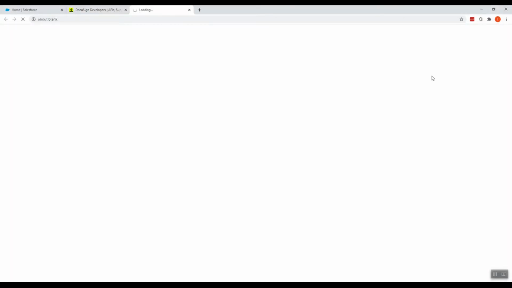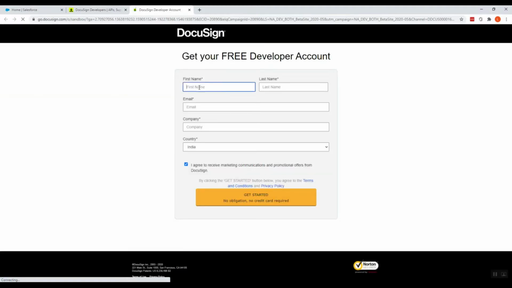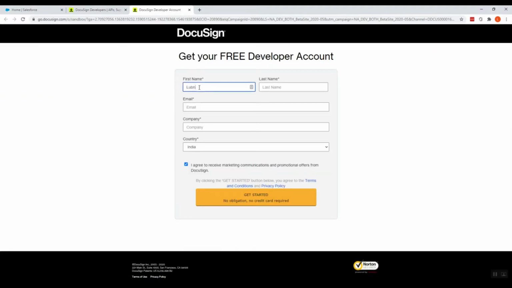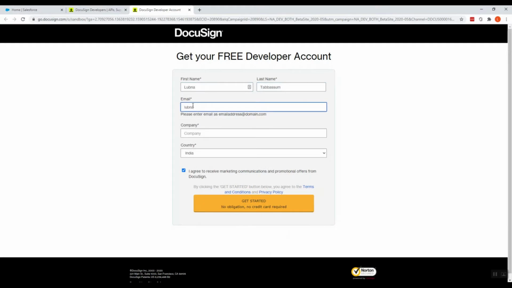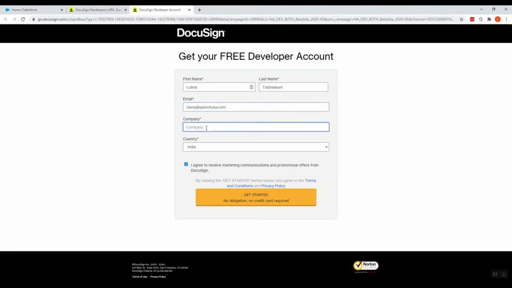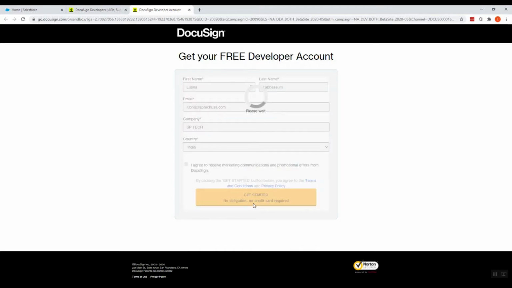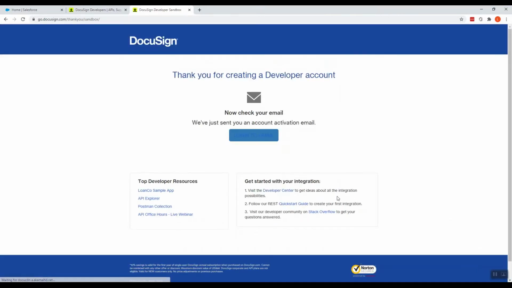We'll click create an account. It's a free account, hence we click get started. Now let's go to our email account and see the verification link.